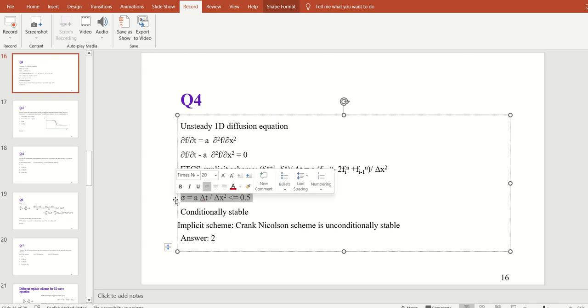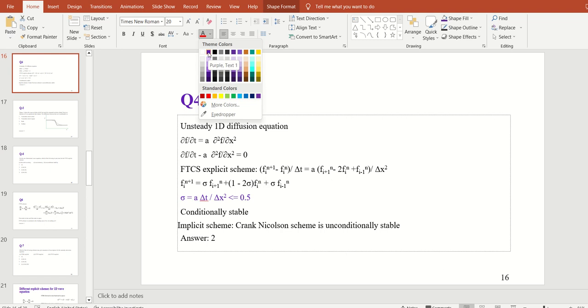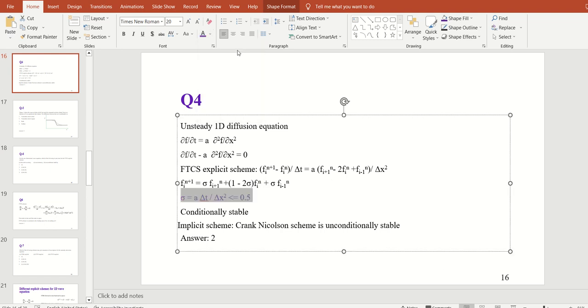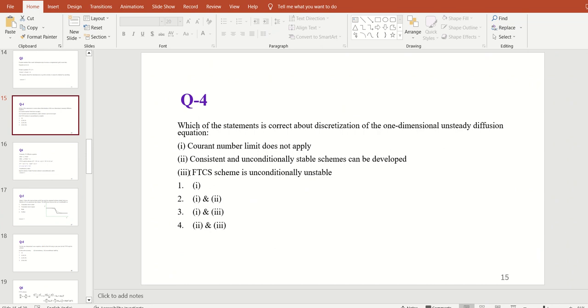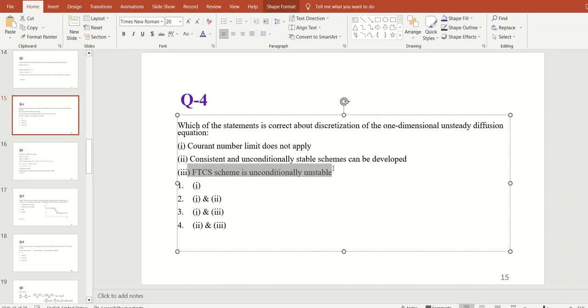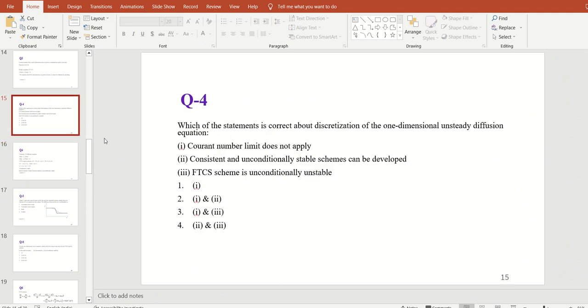This is an explicit scheme, to get the stability. So basically what it means is that it is conditionally stable. It is not unconditionally stable, whereas it is conditionally stable. So the last before statement, FTCS is unconditionally stable, is also wrong. It is conditionally stable. And it is given that implicit scheme